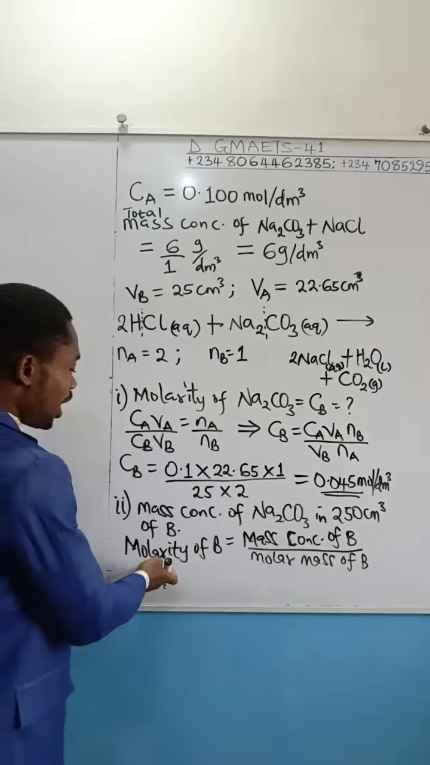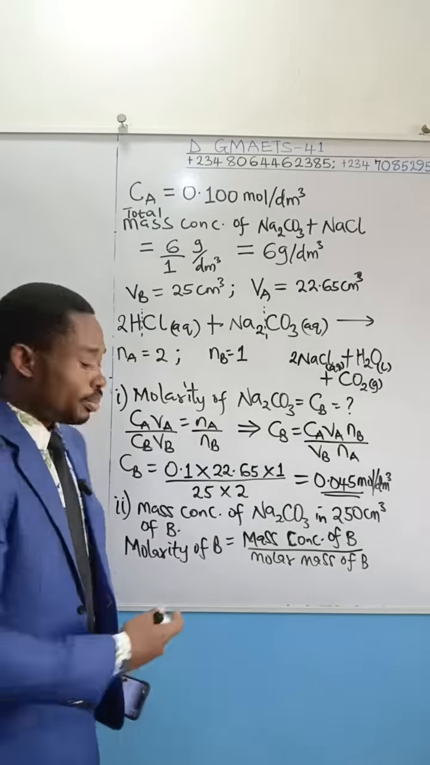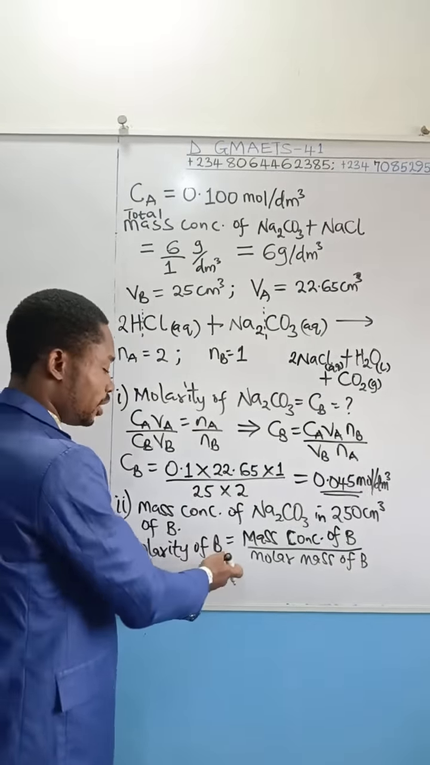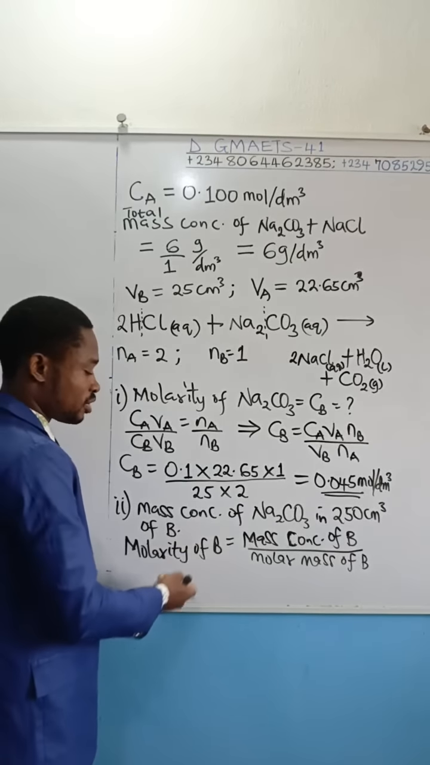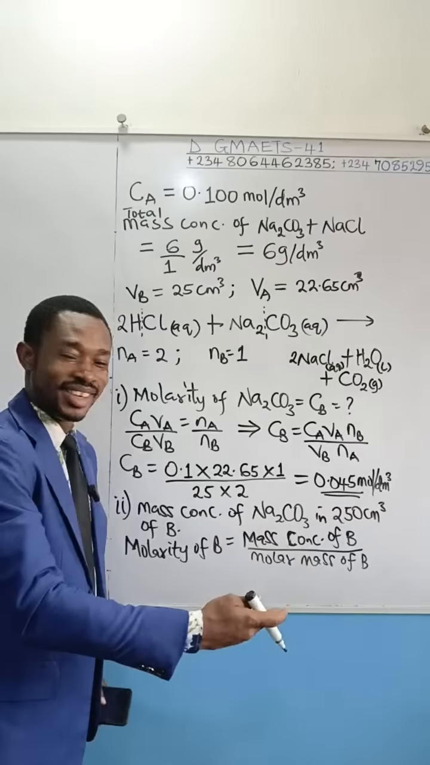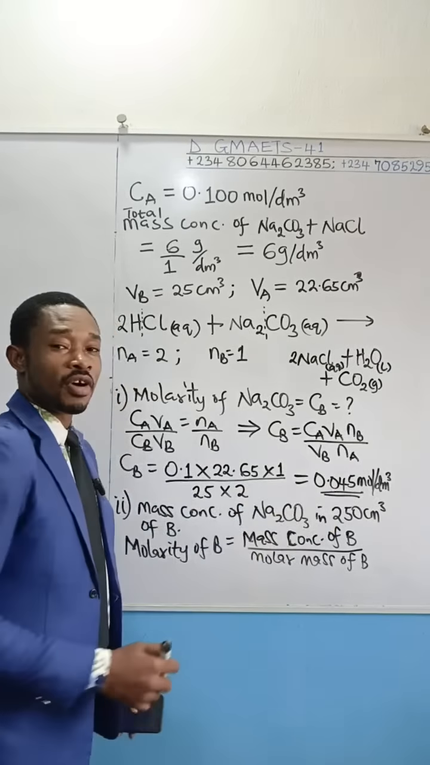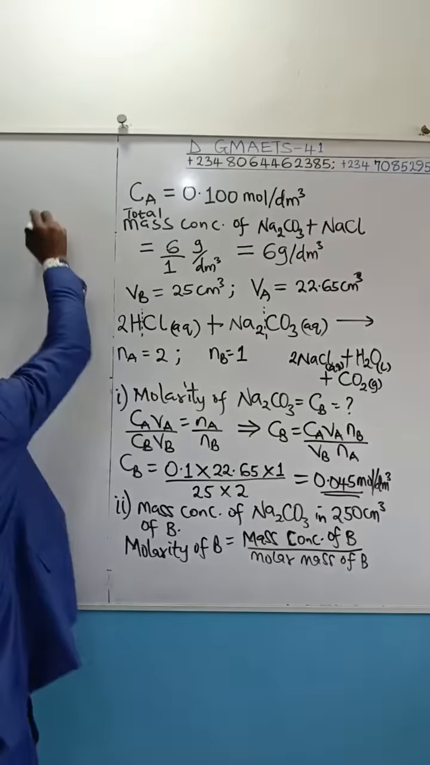Good. Now, molarity of B, we know it already. Molarity of B, or molar concentration of B, or concentration of B in mole per dm cube, or solubility of B, is equal to 0.045. So all I have to do is write,